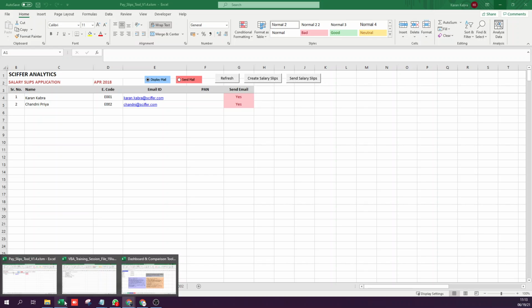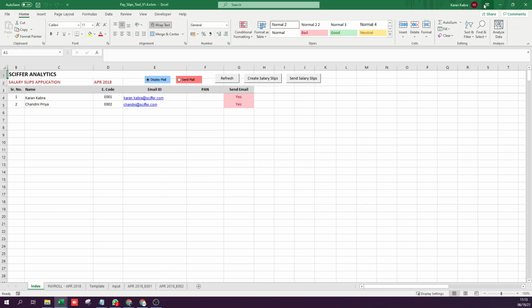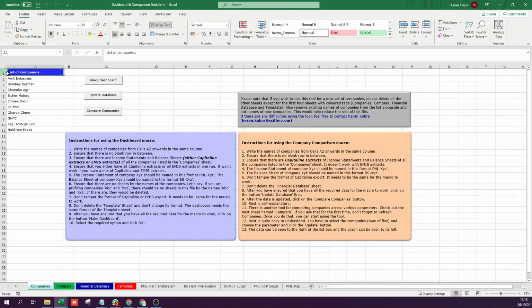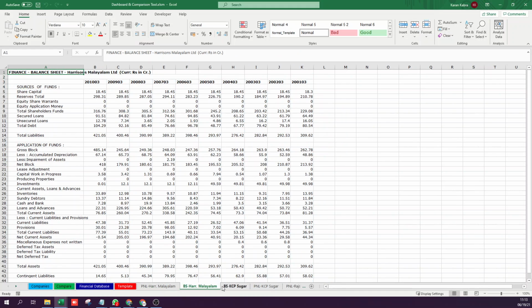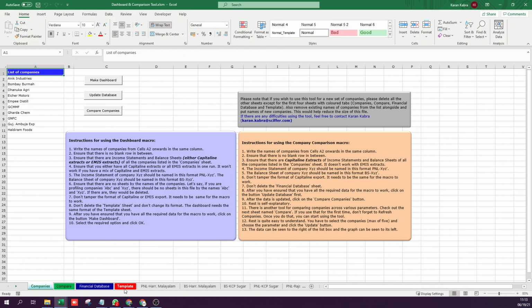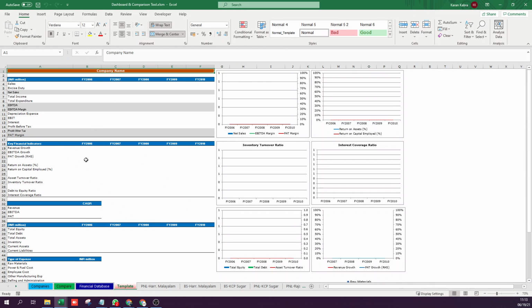I will try to show another tool. So here's a tool where you can see there are financial statements of multiple companies here, and just at one click it will create this dashboard for every company.